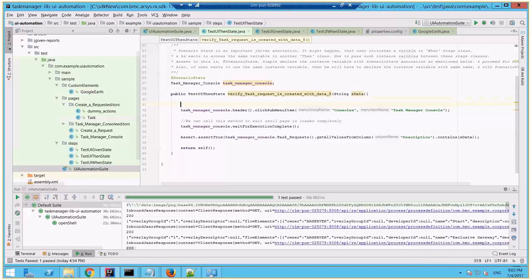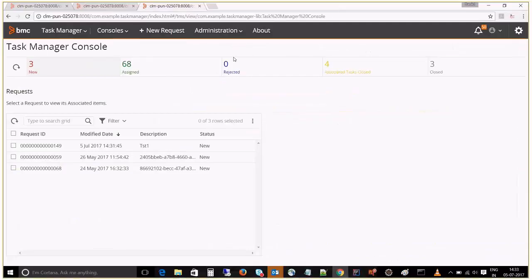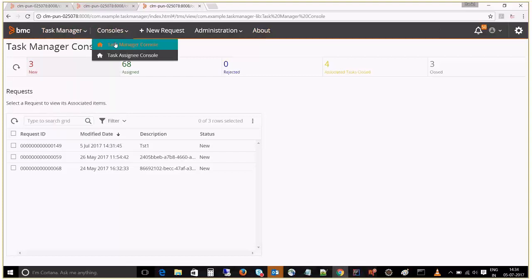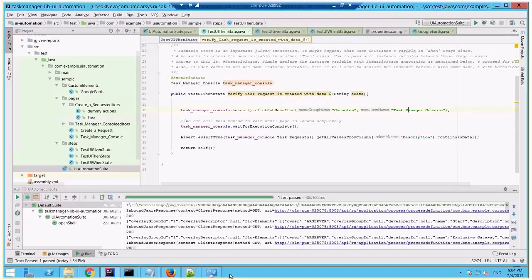So task manager console, again header, and I'm going to click menu, sub menu item, consoles and task manager console. So basically I'm going here, header, and then console, sub menu item, and task manager console. And then again I'm waiting for the execution to complete to ensure that the page is loaded. And then this is where I'm actually asserting or verifying, putting the checkpoint, the task manager console, and I'm calling